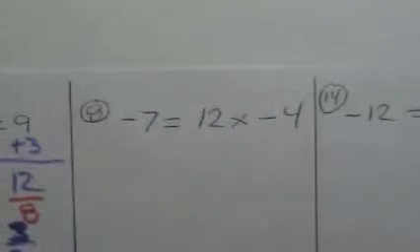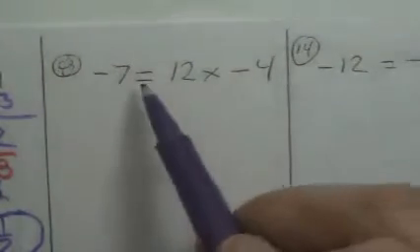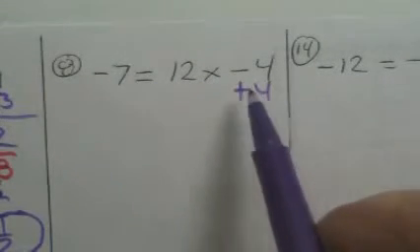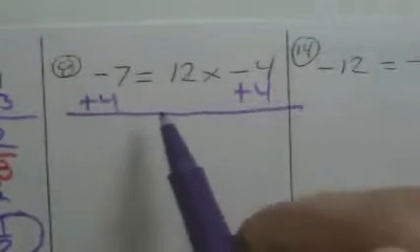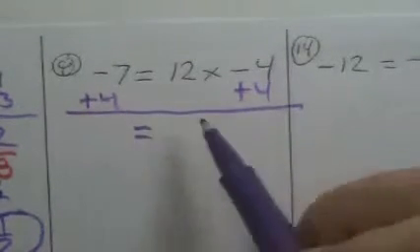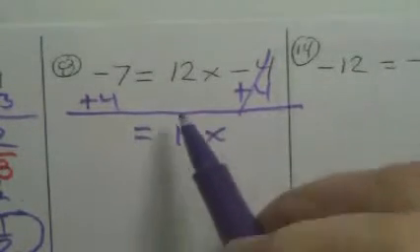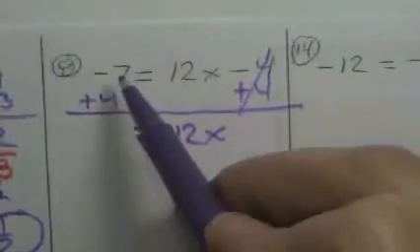Okay, let's just go sideways. Number 8. This time it's on the right side, so that's okay. Let's first get rid of the -4. I'll add 4. And that's gone, and you have 12x. And on this side, -7 and 4, so it's